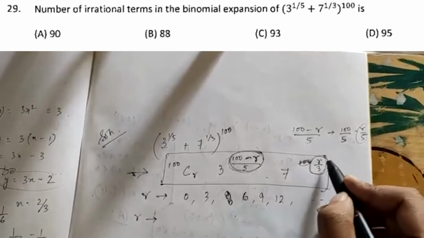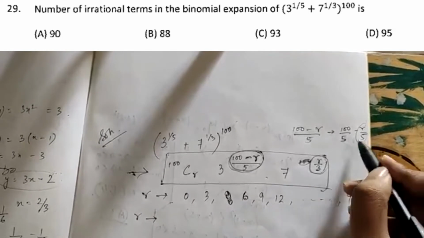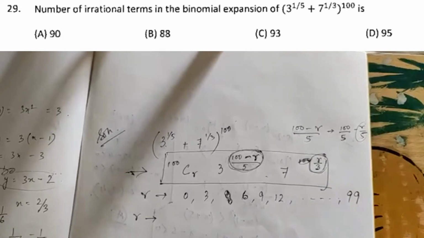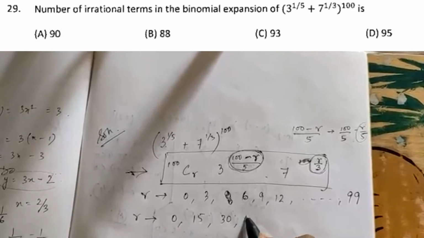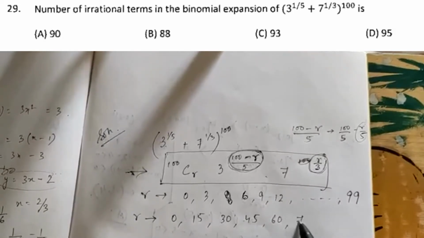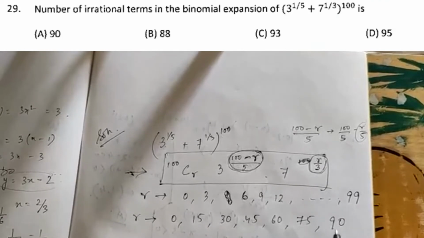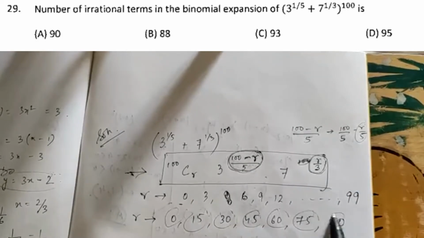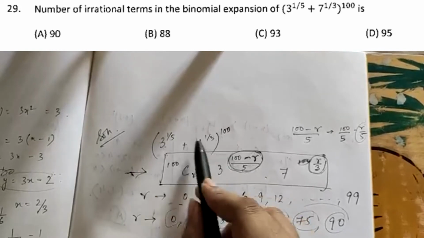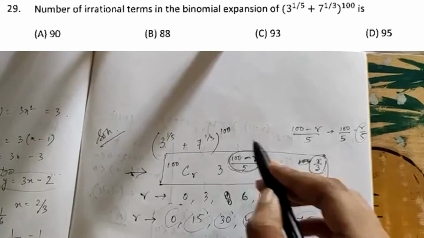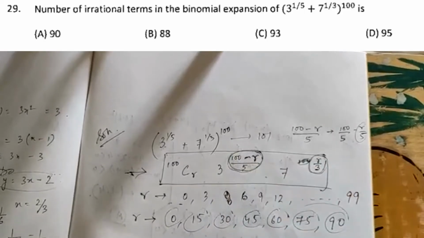So here, therefore, it has to be divisible by 3 as well as by 5. Therefore R has to be divisible by 3 into 5, that is 15. So I can take values of 0, 15, 30, 45, 60, 75, 90. We can't go beyond this because it will exceed 100 if I go to 105. So there are 1, 2, 3, 4, 5, 6, 7 values, and there are 101 terms in this expansion. So if we subtract this, we will get somewhat as 94